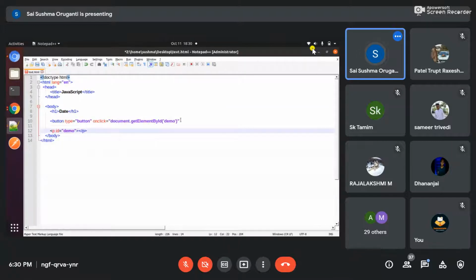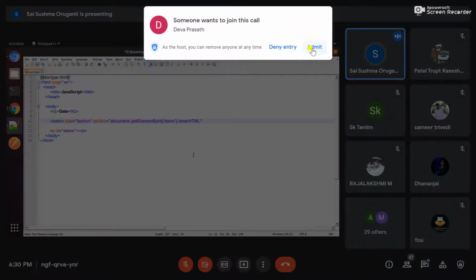So we are getting the element, right? Then dot, here p is empty, so we have to change the p to the date. We have to display the date inside the p. For changing, we have to use innerHTML.